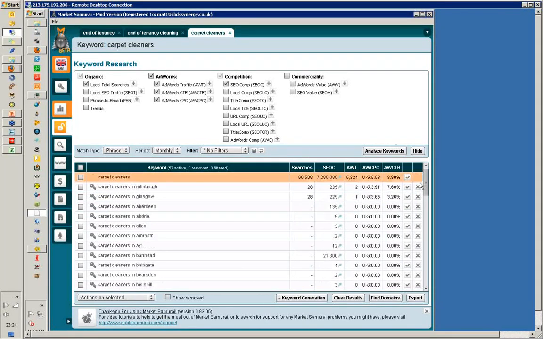Actually, this is quite interesting. The local search is very, very low, eh? Like 28 in the big cities. So it's Edinburgh and Glasgow, the two places where this basically happens. If you look at all the other cities, Barhead,